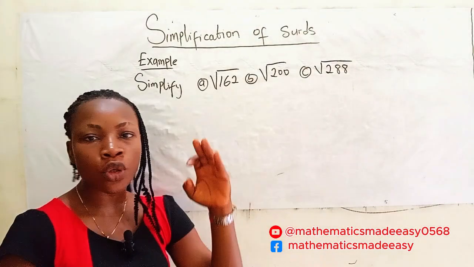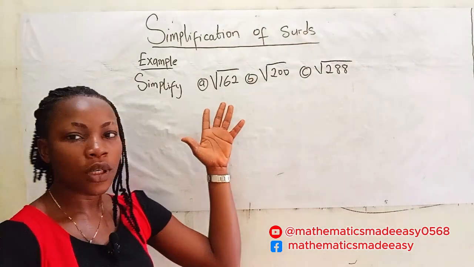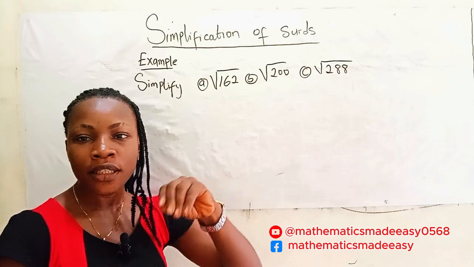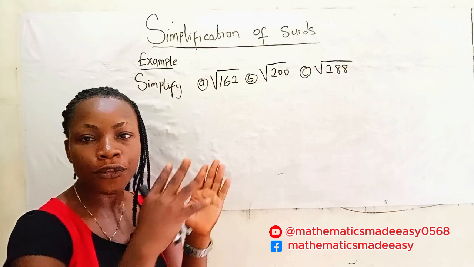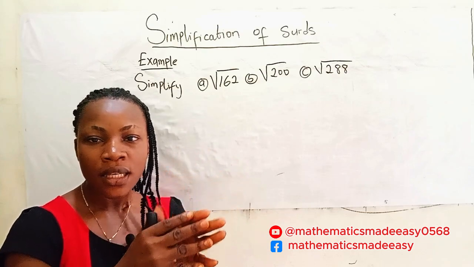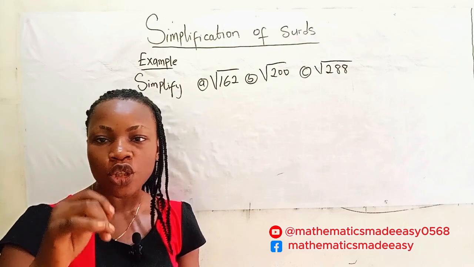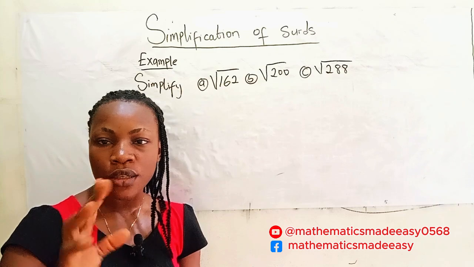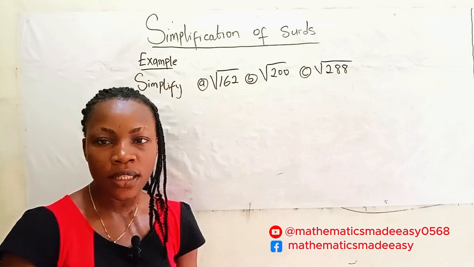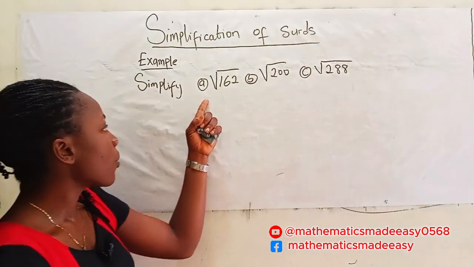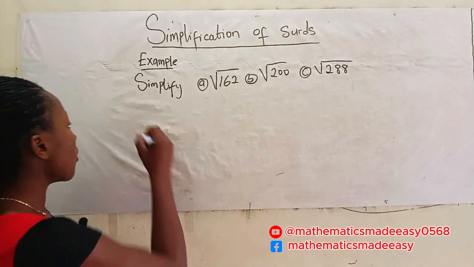Before we can simplify them, we are going to find the two factors of each of them. In those two factors, one of the factors is going to be a perfect square. Now for this number one, here we have